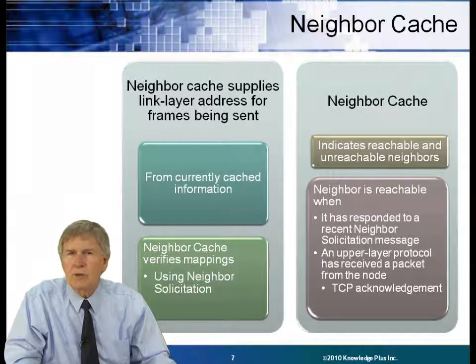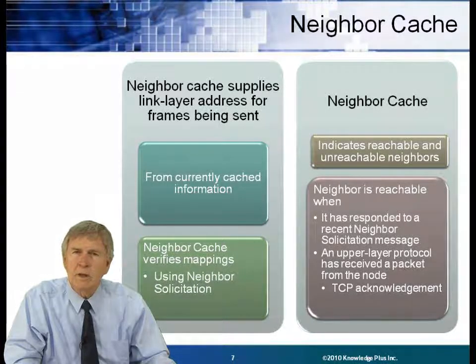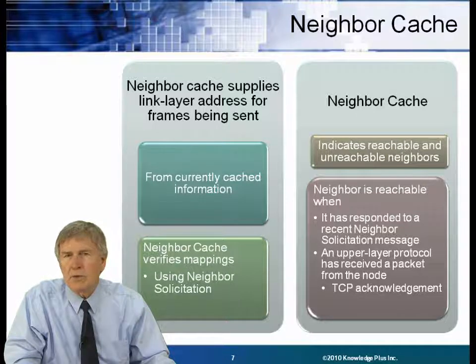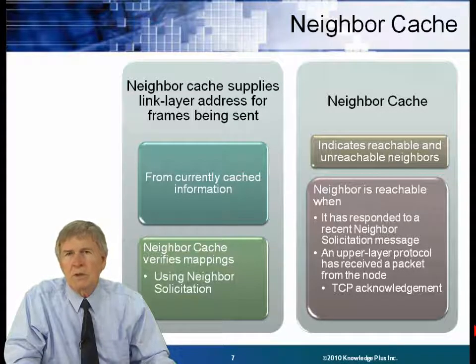A neighbor is reachable when it has responded to a recent neighbor solicitation message with a neighbor advertisement, and an upper layer protocol has received a packet from the node. So we can verify this. If we get a TCP acknowledgement, it means that there has been a response from the neighbor,